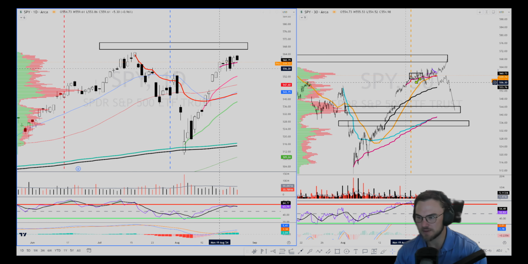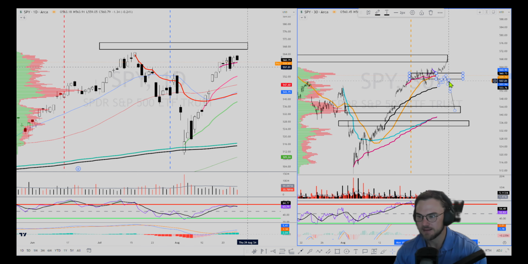And like I said, we talked about on intermediate time frame, that's our line in the sand here to see if we could get above this VP shelf and blast off to new all-time highs, or if we're going to start to see some more profit taking and a little bit further downside.